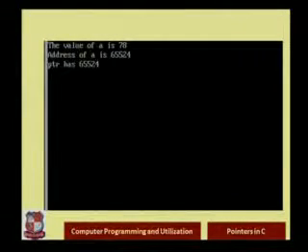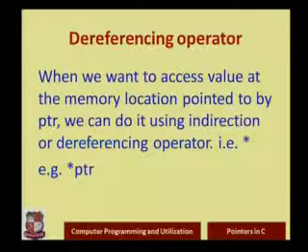You can see on your screen the value of A that I had given was 78. Address of A is 65524. Now this address will be different in your system when you execute the same code. PTR also has the same thing inside, 65524. I hope this program is clear, right?